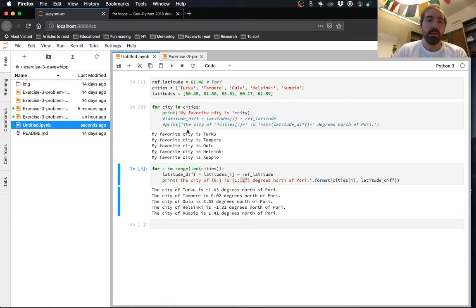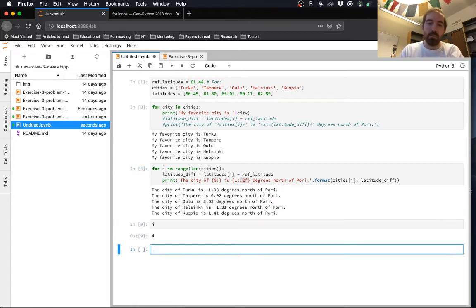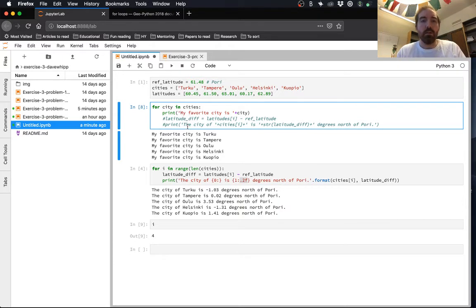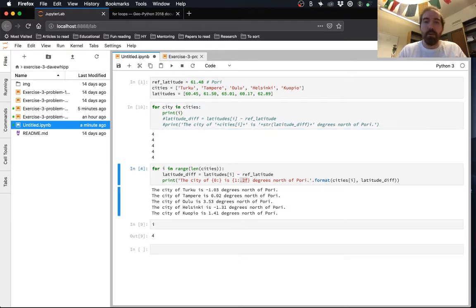So yeah, I guess the other thing is that the variable i has been defined in memory inside this for loop. So after the for loop finishes running, it is still defined in memory. It's not like it's been forgotten. But if we said here for city in cities and then just print i, we're going to get the number 4 printed out 5 times, I guess, because that's how many times we're going to go through and try to do something about cities.